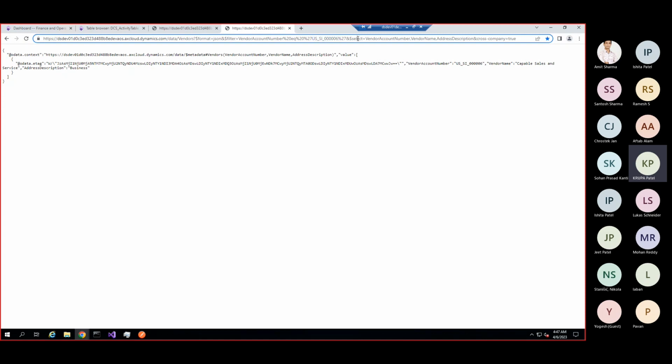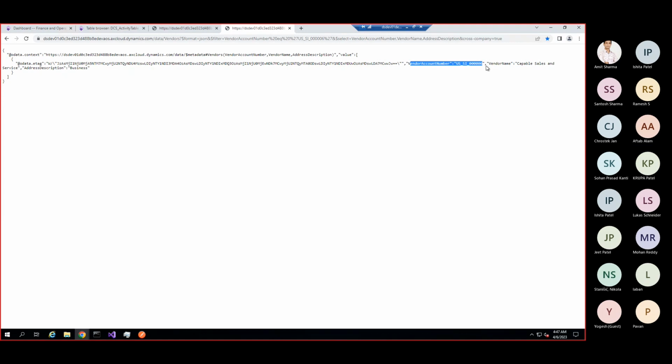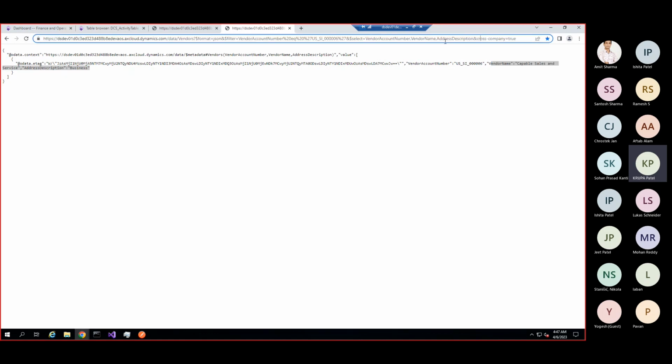And in the select option, we just need to pass the field names, whichever fields we want to showcase. So here I'm passing vendor account number, vendor name, and address description. So in the result, we get only this specific vendor record, USSI 006. And we are just getting the vendor name and address description because in the URL we have mentioned that, right?